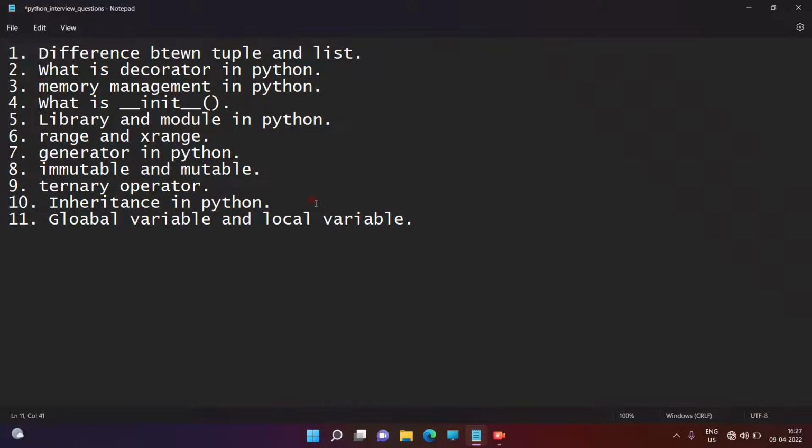A variable which is declared and initialized outside a function, and also outside a method in a class, all these identifiers are known as global variables, right guys? What is the meaning of global variable? The variable which is declared outside a class, outside a function and outside a method will be the global variable.